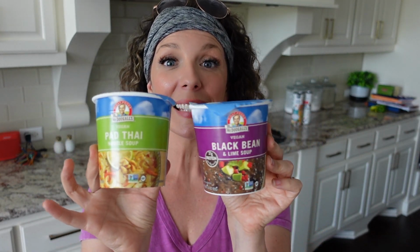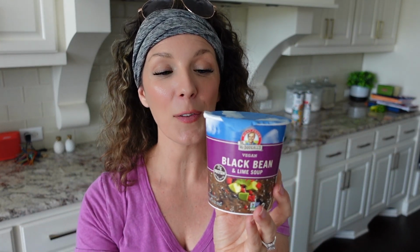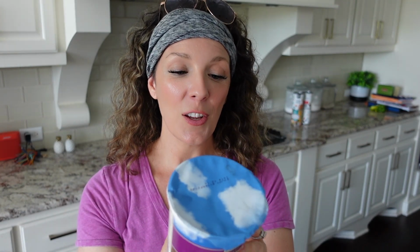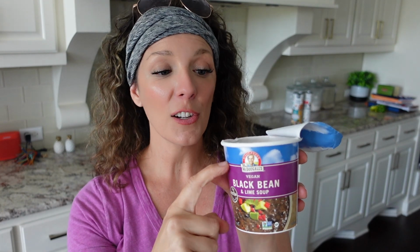These little gems are lifesavers when transitioning over to a whole foods plant-based diet, as well as when just living this life forever. They're probably one of the healthiest pre-packaged foods you can find out there. They obviously have Dr. McDougall's name on them, and they are just full of minimal, real ingredients that are dehydrated. All you have to do, there's a little packet of spices that comes inside. You just fill the carton with water, pop it in the microwave, or you can just